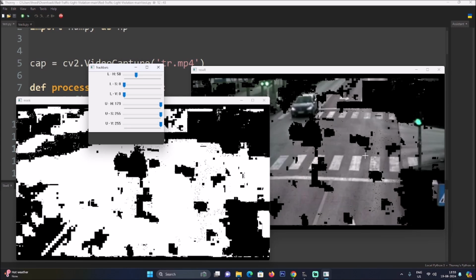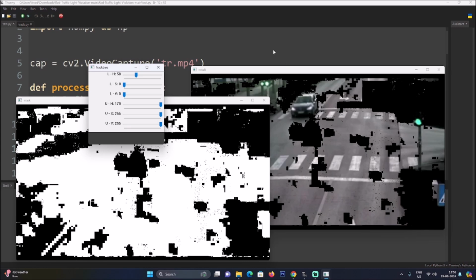For this scenario. If you have another scenario with signal color detection, it depends completely on the clarity and the lighting condition what your lower H value, lower S value and lower V value will be for detecting the green color. You cannot say that this is the perfect value for green. There will be some difference in these values as per your requirement. But for this particular video file, the 58 value is perfect for the lower H value for detecting